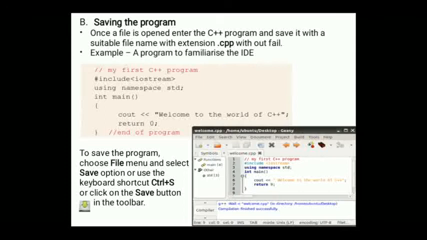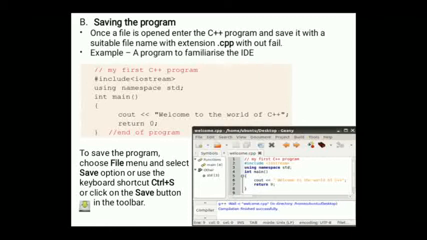Once the program is typed and completed, it is better to save the file before compiling or modifying. So before compiling or modifying, we must save the file. Copying the file from the temporary volatile primary memory to the permanent non-volatile secondary memory for storage is known as saving the program. After we save the program, the colors are changed. Here, using namespace is in blue color, and each line is shown in different colors. By saving a file with .cpp, the colors are changed.